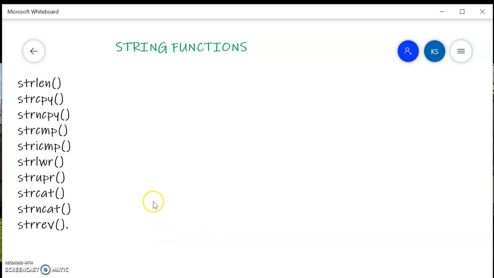Hello everyone. So we are discussing the string functions, right? And we have already studied strlen. So in this lecture we will discuss the second and third functions, that is strcpy and strncpy. So basically what happens, this strcpy function